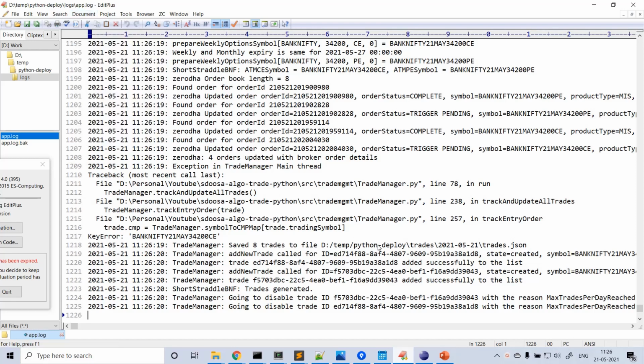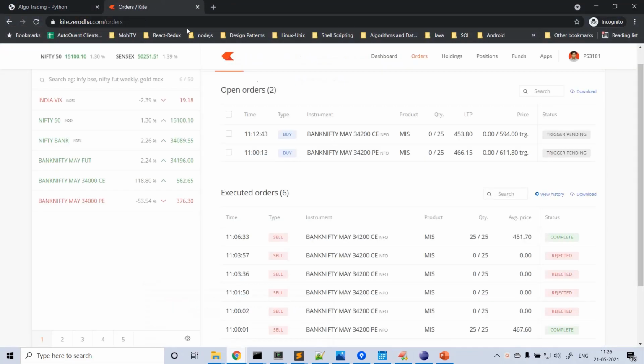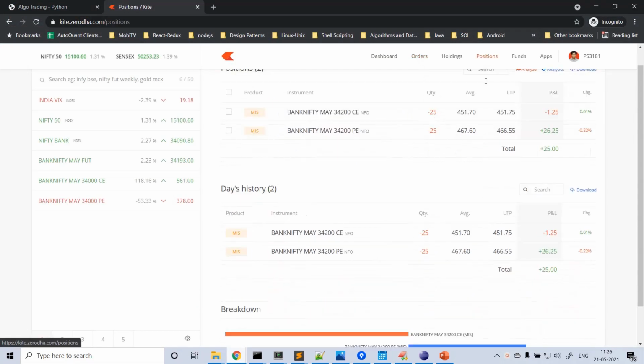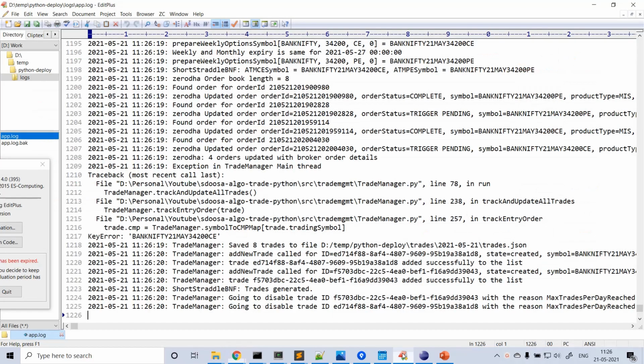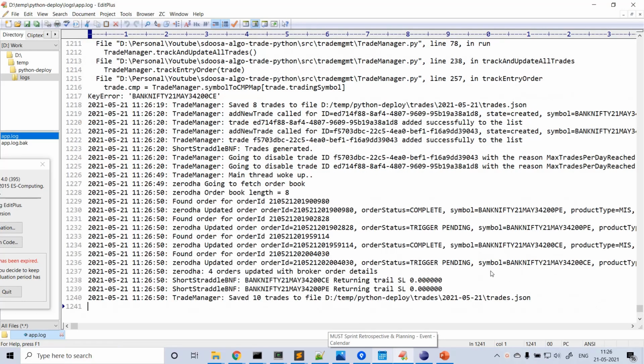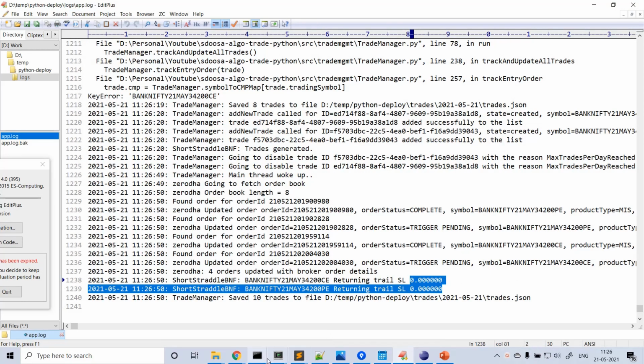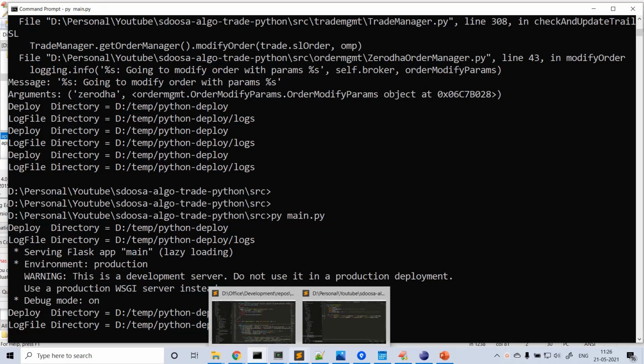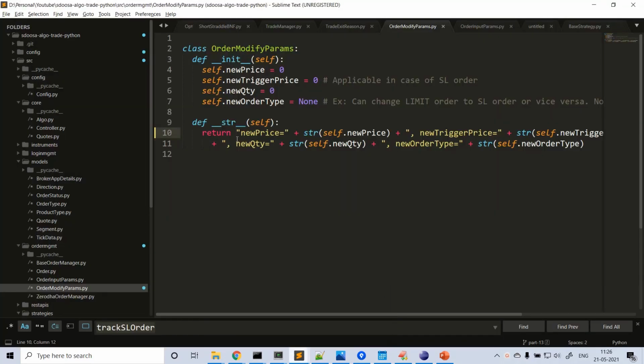But in between, let's see. Some price must be trading below, right? No, okay, it's fine. Still returning the 0 here, so there are no errors here. So the problem was, let me tell you, there were some extra plus signs here. There was some typo here, because of which all these things were happening. So I fixed that. Anyhow, let's see.